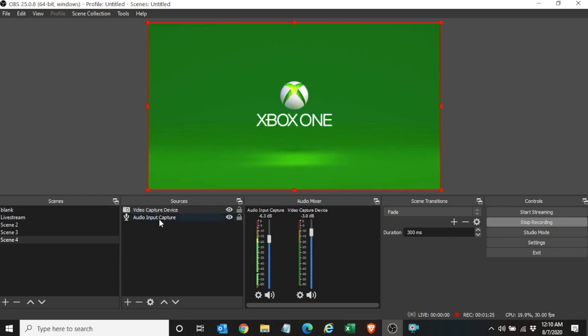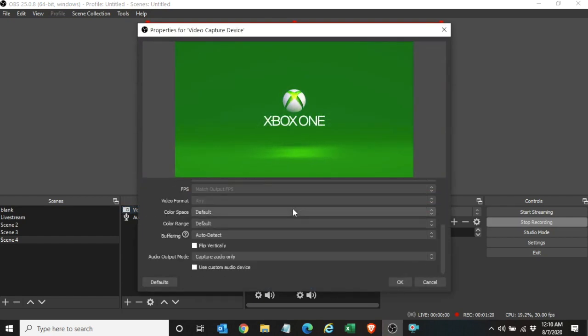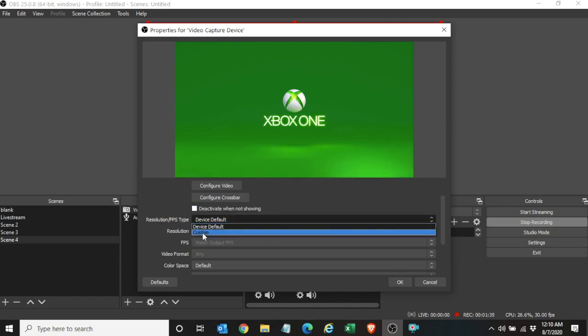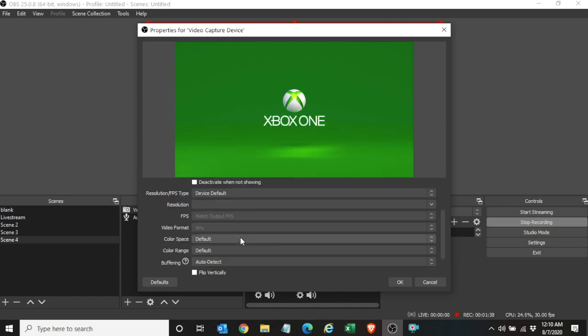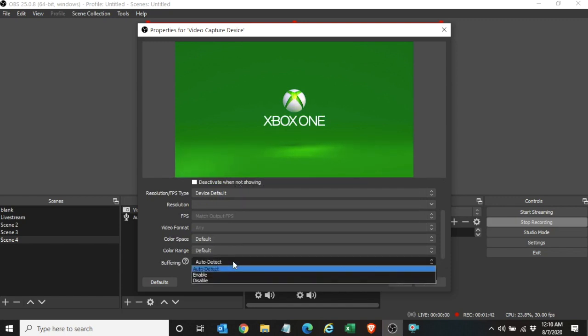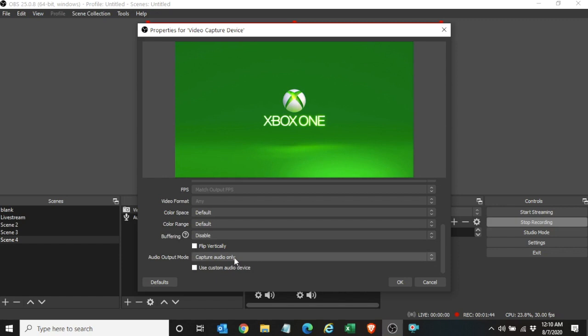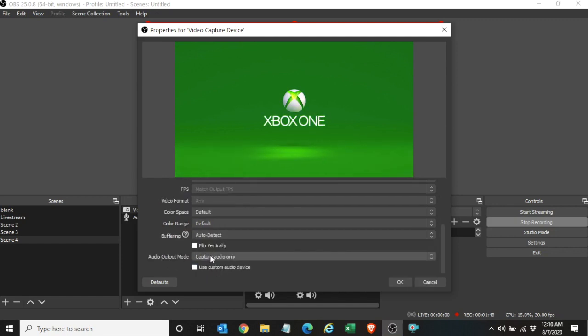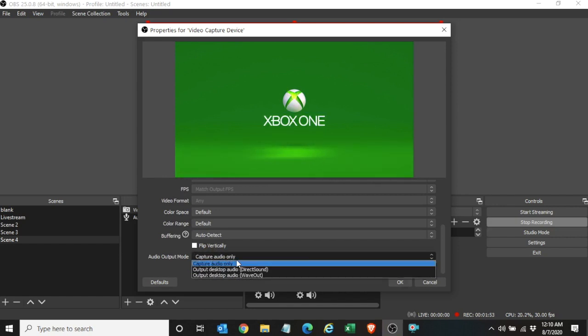So to fix that, what we've got to do is double click on our video capture device. Scroll down to use, here's all of our settings. We've got our frames per second, color space, color range, buffering. Oops, I accidentally disabled buffering. Let's go back. All right, so to get audio, we've got to go to audio capture